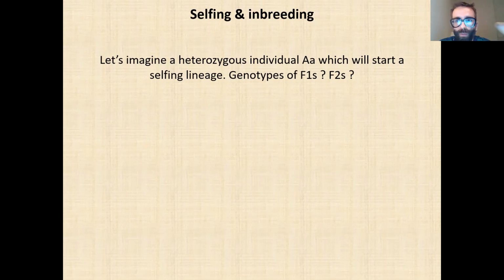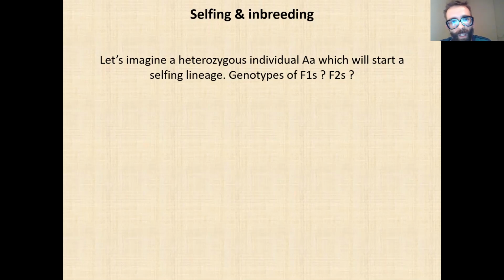So it will be able to reproduce with itself to create a new lineage. So I'm asking you, what will be the genotype of the F1 generation and the F2 generation? From the F1, each F1 will have the same capacity to self. That means that each F1 will self with itself and create a new generation,